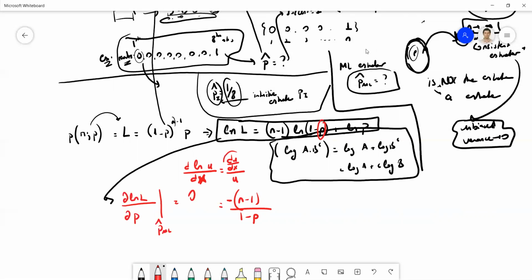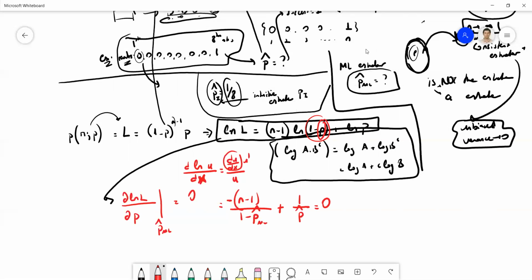So it's u prime over u, the usual representation, and it is what we do here. The derivative with respect to p is going to be -1 multiplied by n minus 1, divided by this whole expression, which is u, 1 minus p. Plus 1 over p is going to be equal to 0, but